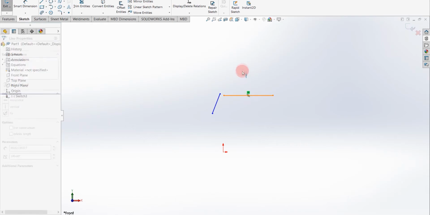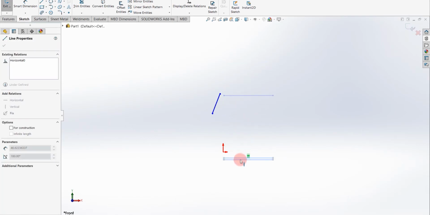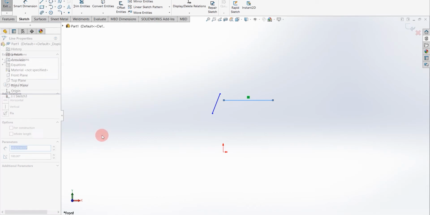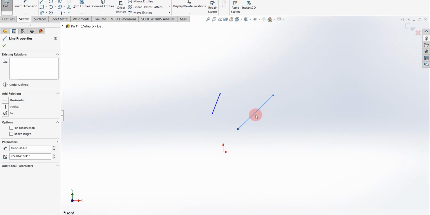If I drag this line, you can see it can only move in the vertical direction; it cannot move in the horizontal direction. So it is fixed parallel to the x-axis, or horizontal. If I give vertical, you can see now this line is parallel to the y-axis, and if I click it and drag it, it will only move in the x direction, that is, the horizontal direction.